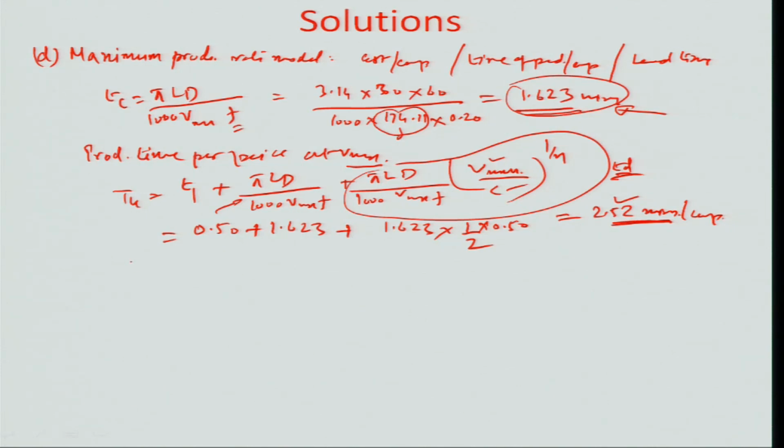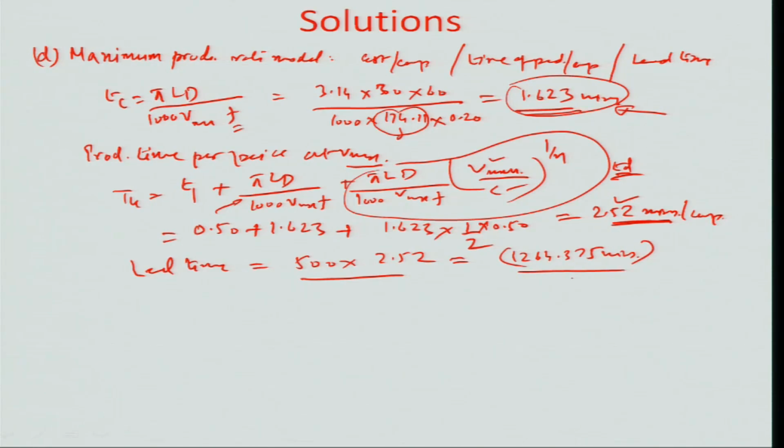Okay, so we can calculate the lead time in this case in the same manner, assuming a 500 lot size as 500 times the time per component, and it comes out to be about 1264.37 minutes, which is lower than the 1800 minutes total lead time obtained earlier. So this batch, because it is a maximum production rate model, will be processed quickly. The lead time is shorter by about 600 minutes in this particular case,